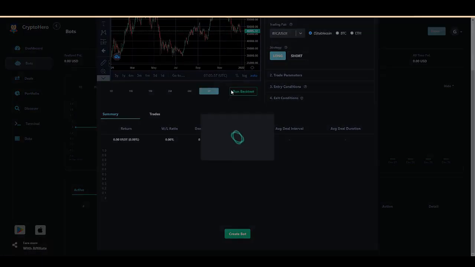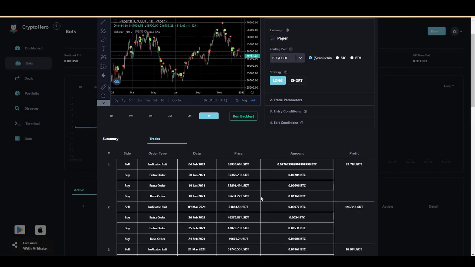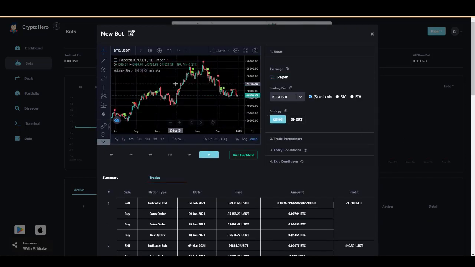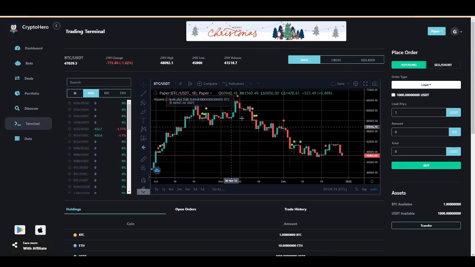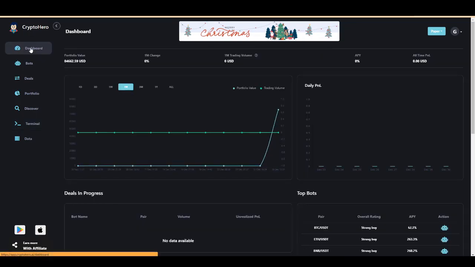And then you can also run a back test for the strategy. As you can see, this win to loss ratio is 14, and it will be showing all the trades that took place, which is also something really cool, so that you can analyze your own strategy over here, and then you can simply get started. And also they have a terminal section where you can place your buy or sell order right from here, which is something really great. So this is how you can simply create your API key from Mandala Exchange and connect it with Crypto Hero platform.